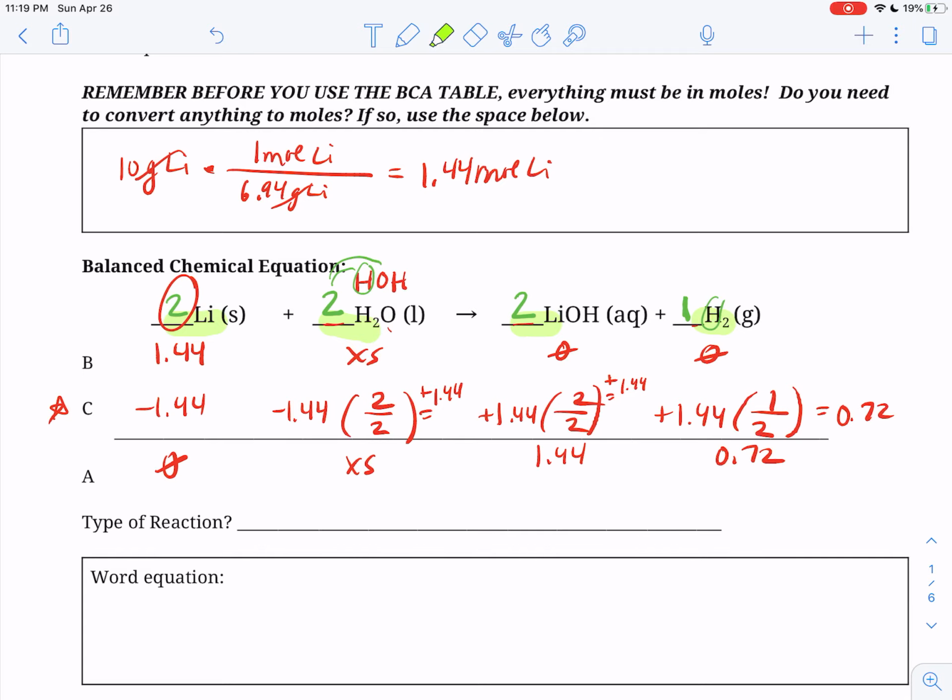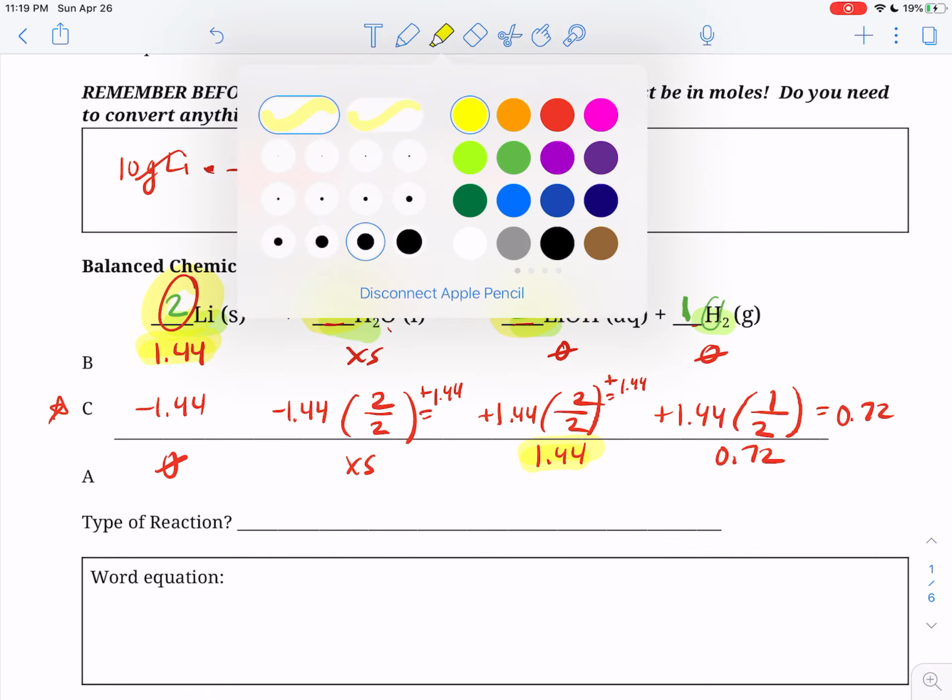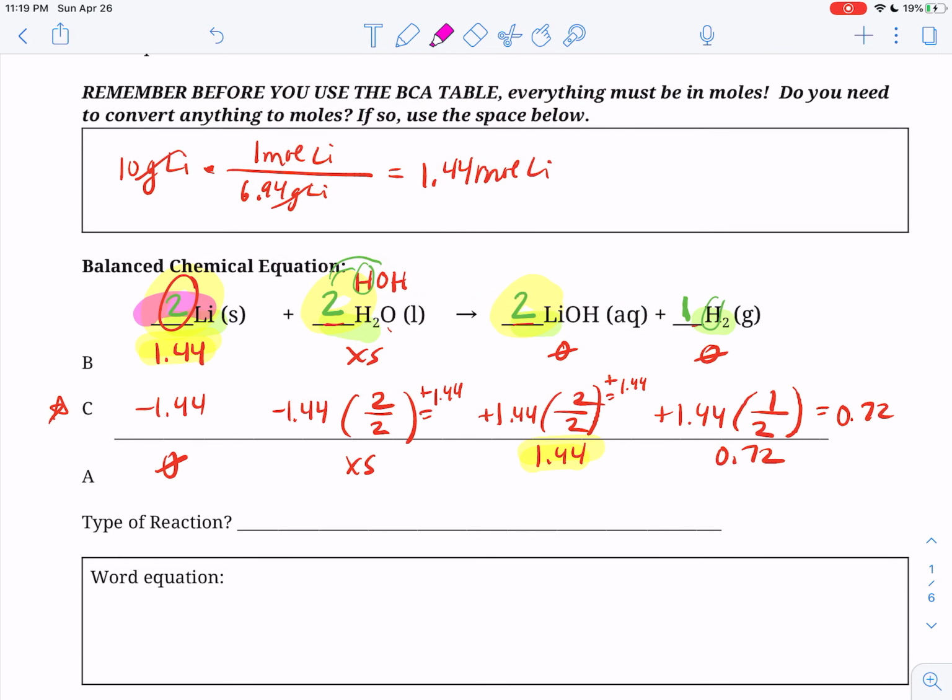Okay, so again, conceptually, make sure that you're thinking about this, okay? These coefficients are the same, right? So that means that 1.44 is going to be the same for everybody. The excess, we don't really care, okay? This is a 2, right? And this is a 1, so that means you're going to need half as much. So see here, I get this 0.72, which is half of 1.44, okay? Type of reaction that this is going to be, this looks like, since I started with a single thing and I ended with a single thing, this is going to be a single replacement,